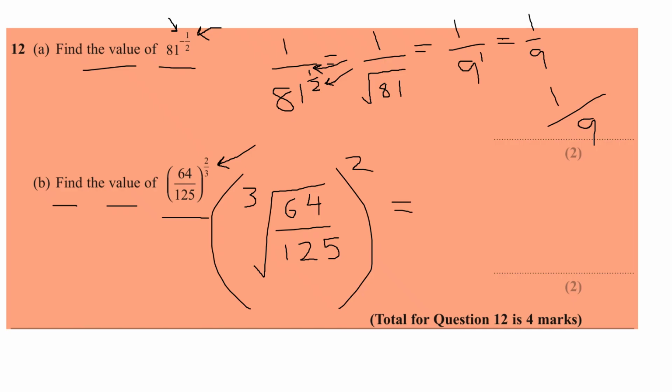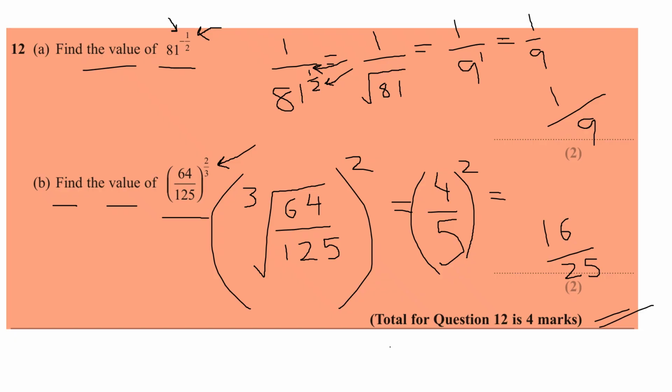So the cube root of this fraction: the cube root of the top, the cube root of 64, is 4. The cube root of 125 is going to be 5, because 4 times 4 times 4 is 64, and conversely, 5 times 5 times 5 is 125, or 5 cubed is 125, and 4 cubed is 64. I'm now going to square it. Squaring a fraction, I square the top and bottom separately. 4 squared is 16, and 5 squared is 25. So my answer is 16/25. And that was a total of 4 marks from a GCSE Maths higher tier